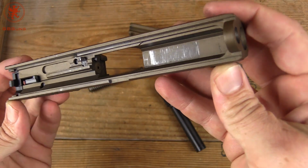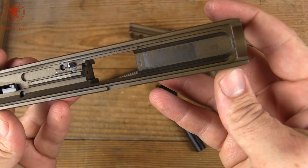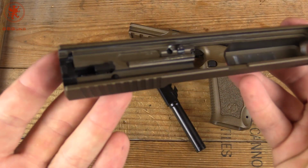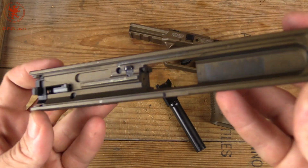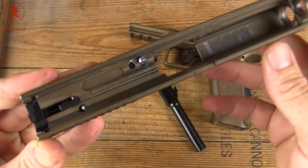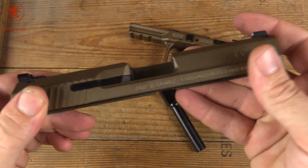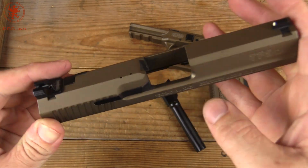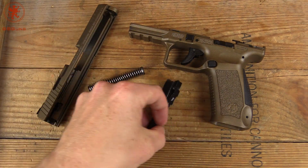We can see some of the finish is worn off on the underside of the slide from our shooting. I'm not particularly worried about that. That's the underside of the slide. So our rail and safety. This little guy here is the safety plunger. There's a striker. Nicely machined, very clean construction. It is, of course, tough to see any machining marks when there's Cerakote on it, but you know what? It doesn't matter. And our barrel